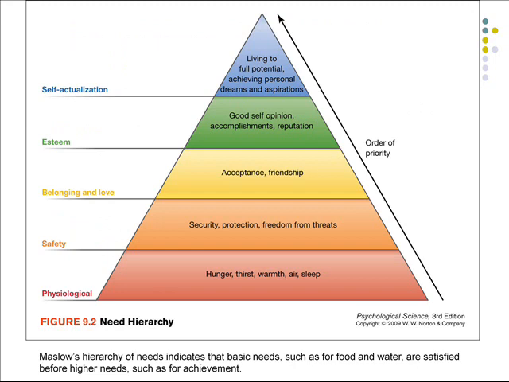Here is Maslow's hierarchy of needs. Needs that are more foundational are found at the bottom. These are survival or basic needs, such as food, water, air, and sleep. Maslow believed that needs lower on the pyramid had to be satisfied first, before the higher order needs could be addressed. For example, without adequate food, people will not be motivated as strongly to seek out needs higher up. For example, safety or acceptance.